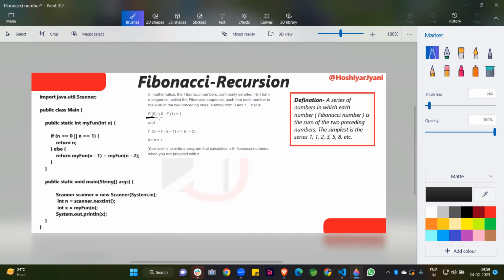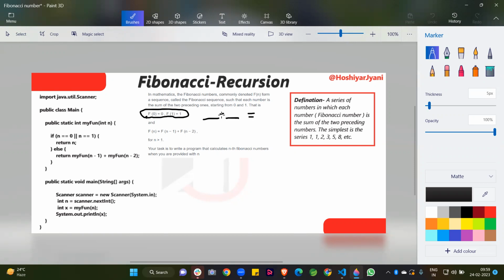So this is the formula we can use in our recursion function. If the function is given 0, then it returns the value 0, and if the function is given 1, then the result is 1. If this does not happen, then as I told you, the Fibonacci series is the combination of the last two numbers.